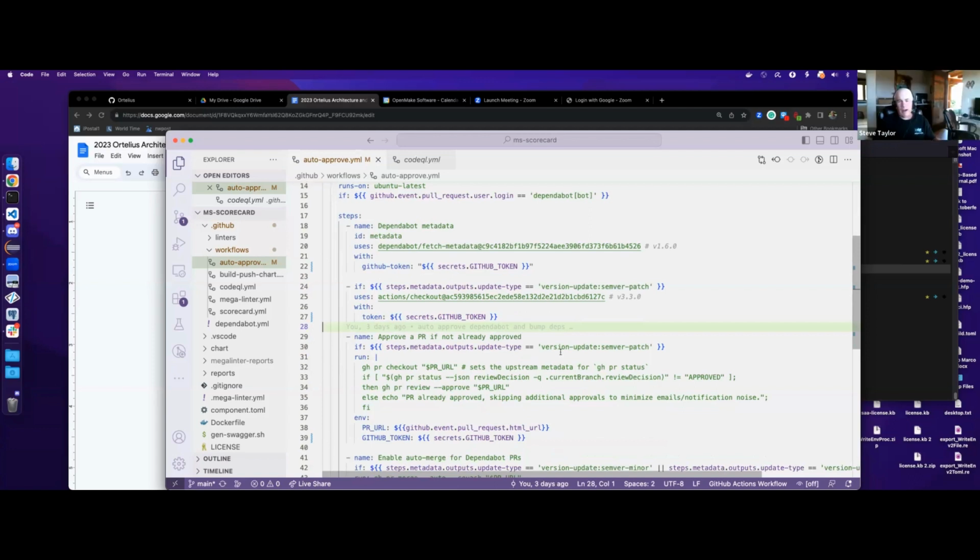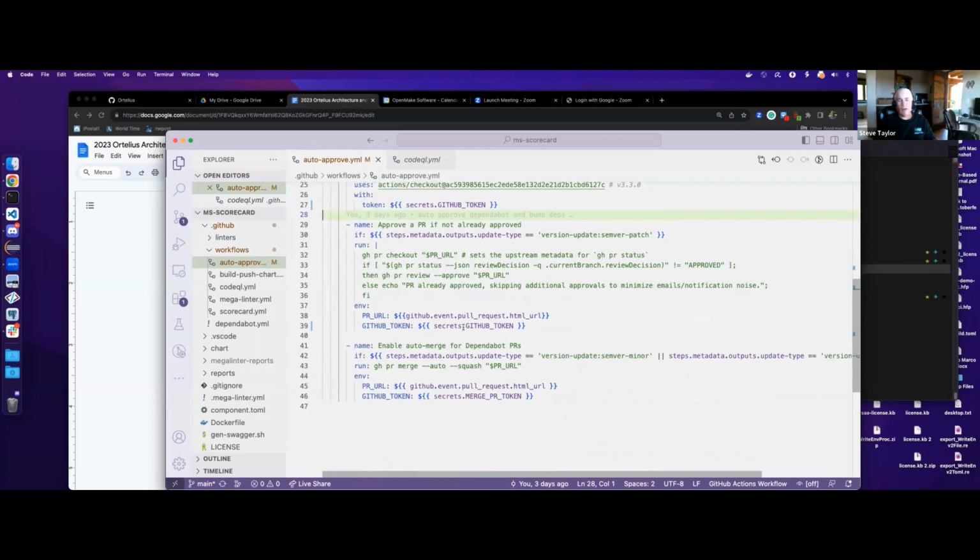Not worth the headache. So what it'll do is figure out if the PR's been approved or not, because depending on your GitHub settings, you may require an approval or review. So it'll go through and check to see if we have to do that.